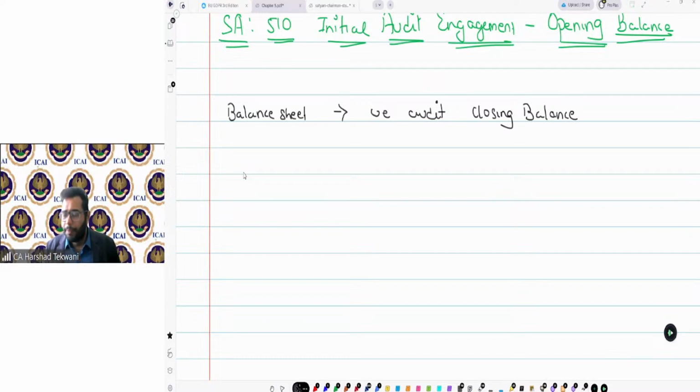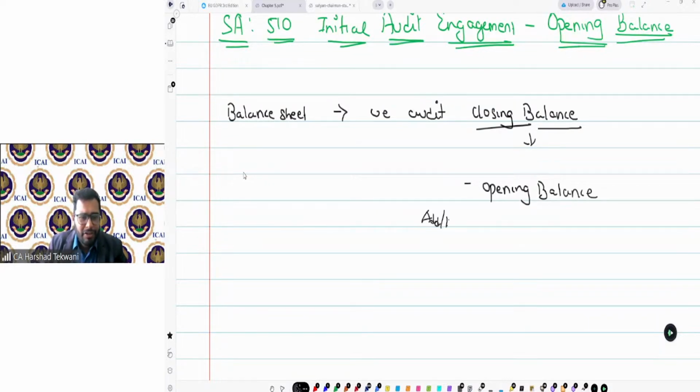Now how is this closing balance derived? If I take the opening balance and add or less the transactions for the year, what I get is the closing balance.